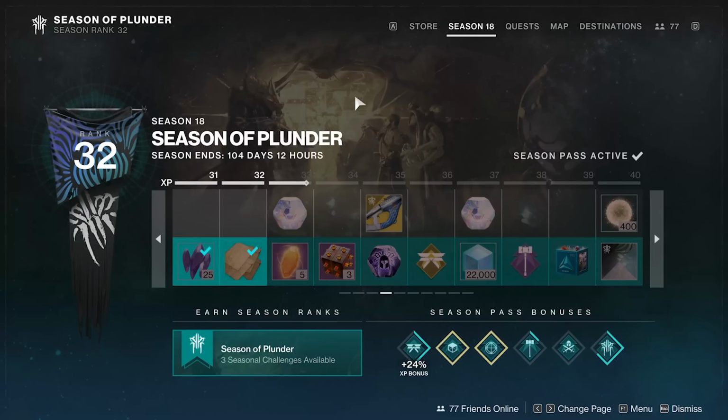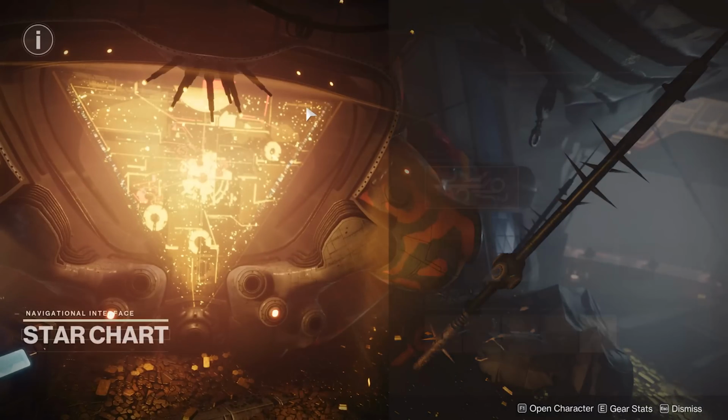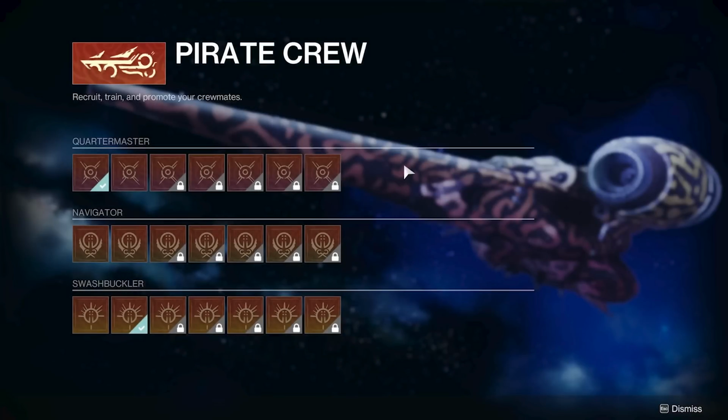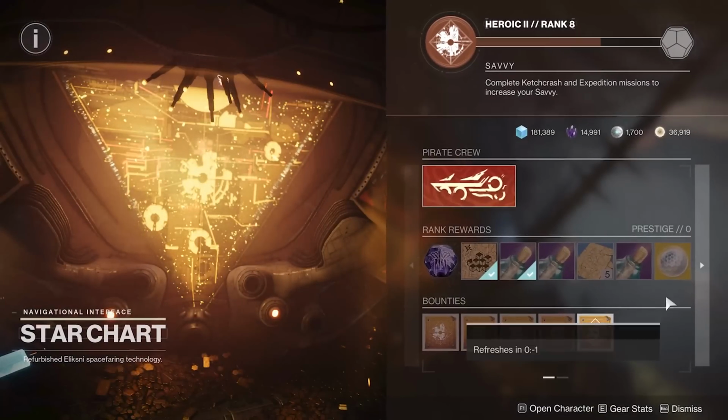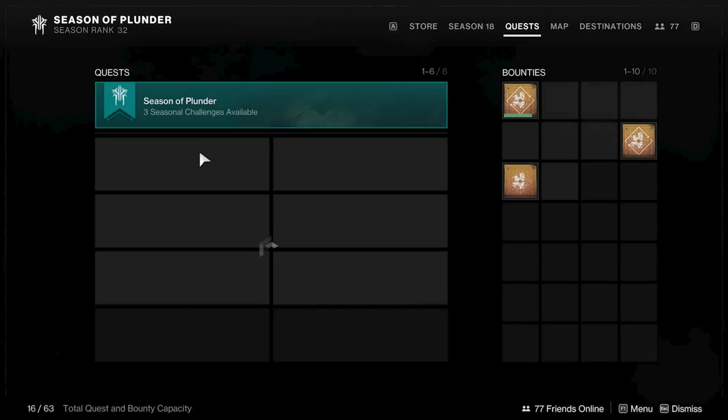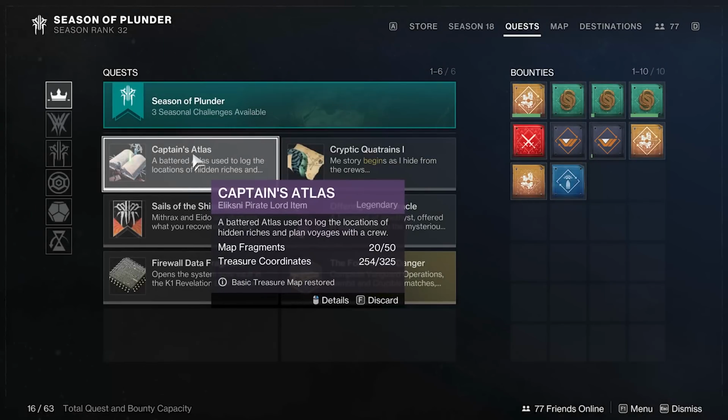And we've got a pretty cool season going on with Mithrax and the Drifter and Aramis and all that stuff going on. But we also have quite a few pieces of the season with the way it works, basically. Quick run through: you're going to be getting map fragments and treasure coordinates to make treasure maps, and then use your atlas to go on expeditions so you can get Umbral energy. As seen before, we're going to have war table style upgrades. Upgrades for your Umbral energy, and then, as I said, there's currencies that you use in your Captain's Atlas,